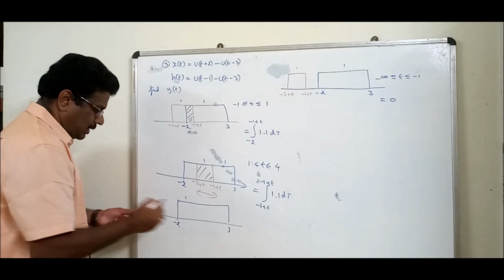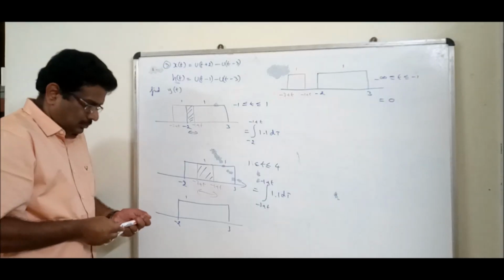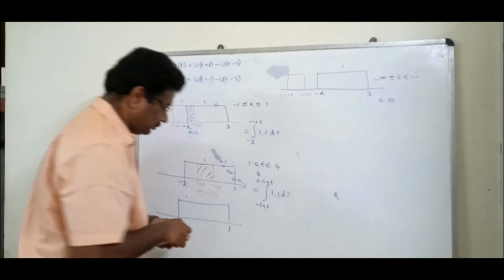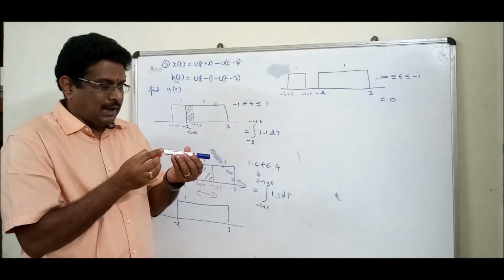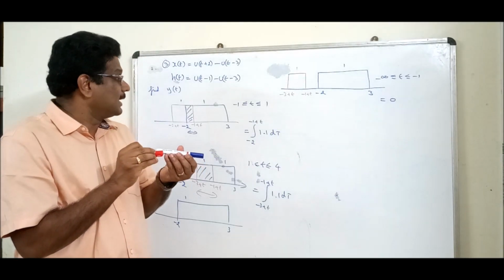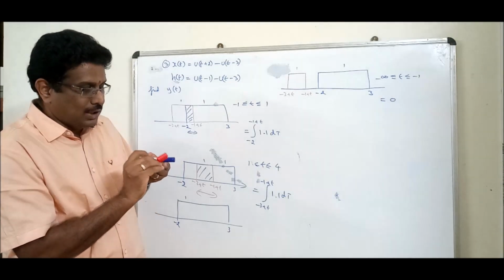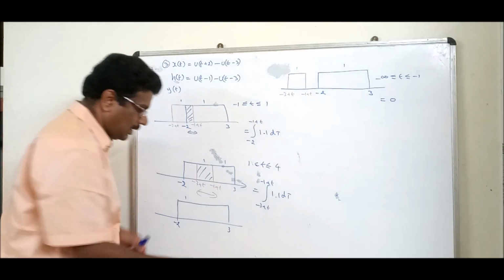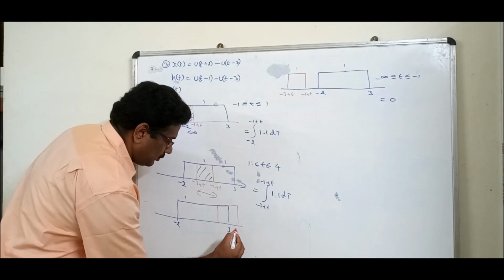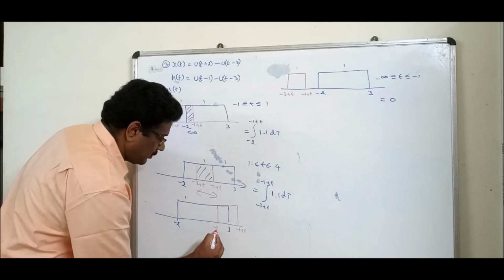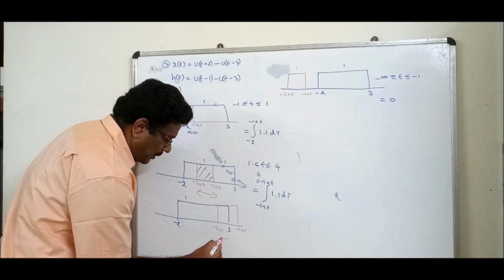What about the next? See this red color. It was outside. Let me just recap. It was outside in the first diagram. Slightly entering inside, increasing, in this diagram. Now it is totally inside, constant, in this diagram. What is next? It should go outside. Am I right? So let it go outside. What is the common place? This is the common place. Am I right?